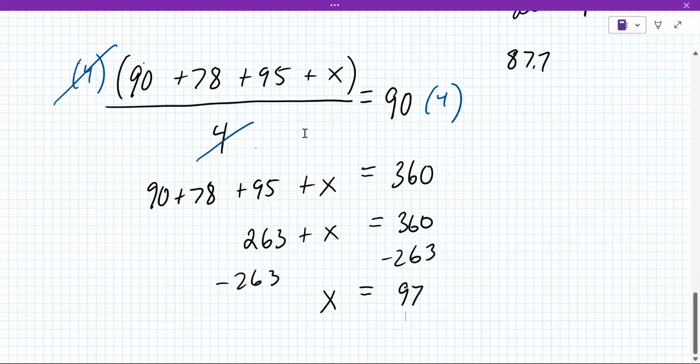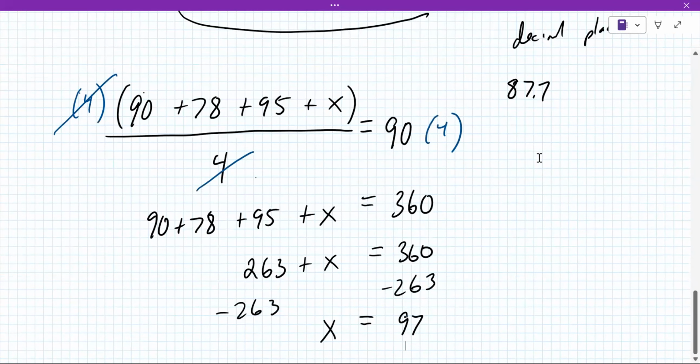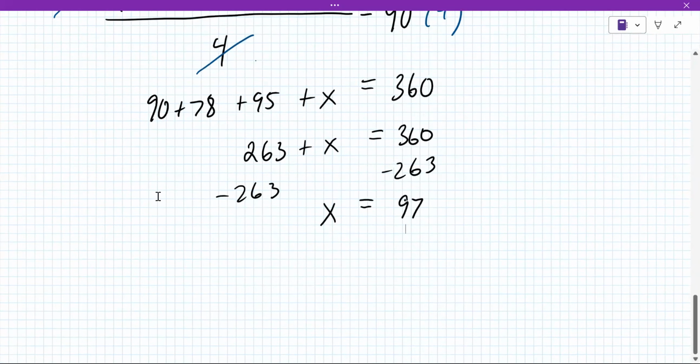What do you think about that? Does that seem doable if this were the case? Yeah, it's possible. Now let's say you're saying, you know what, I've got a B. I'm happy with a B. Now let's look at it from the perspective of what you need to keep your B.